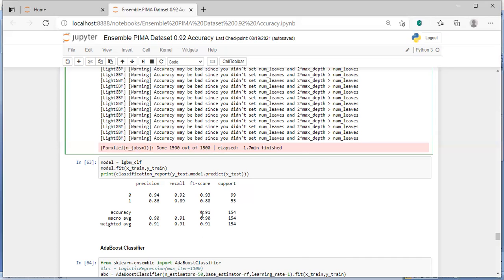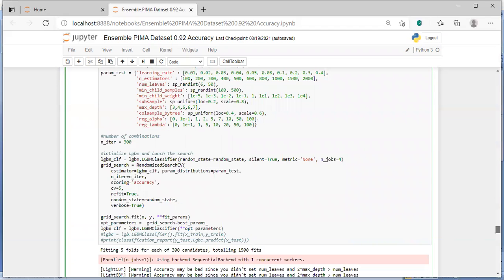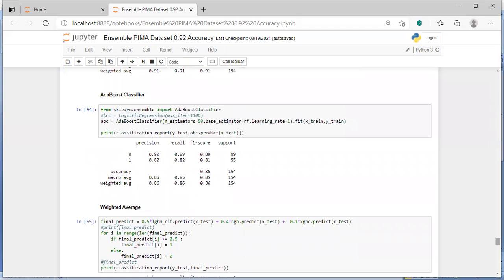Now the next one is another very popular algorithm, known as the AdaBoost classifier. AdaBoost is an ensemble, because boosting is in the name. So in sklearn.ensemble, import AdaBoostClassifier, instantiate it, pass the number of estimators you are considering, 50, with the base estimator as random forest and the learning rate you are considering, then fit X train and Y train. You get an accuracy of around 86%. So accuracy is decreasing.